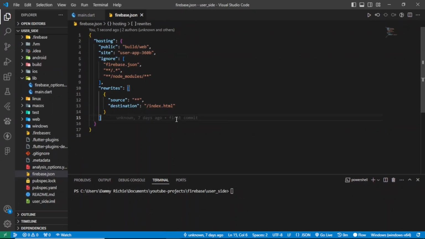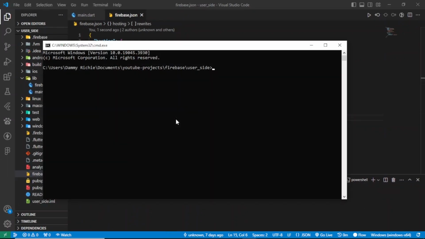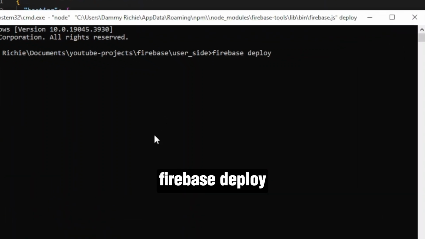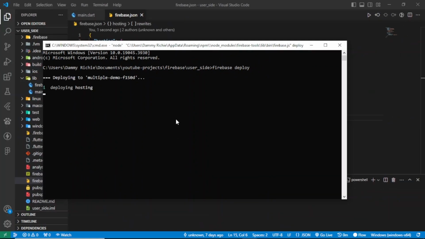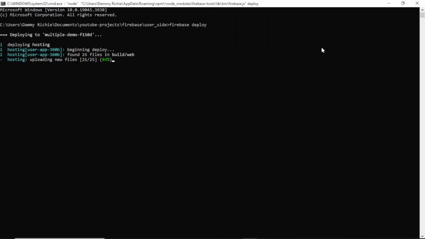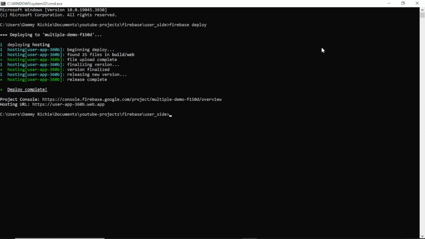We can once again open our project inside of the local terminal and run the firebase deploy command. To confirm our app has successfully deployed to Firebase, all we need to do is copy this hosting URL,